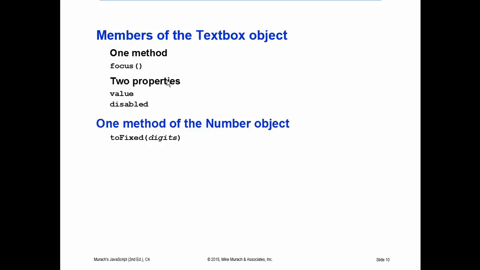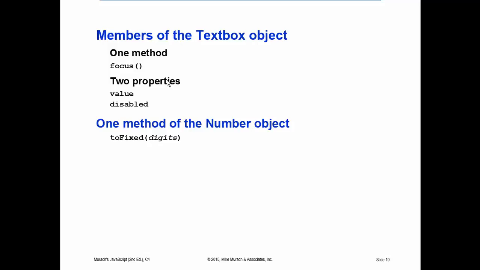There's a couple properties that are here. One is value, and that's the string, or the contents of the text box. There's disabled. And if you disable a text box, then you can't write in it. All right. They also mention toFixed here, and I've actually shown you that before, where I was working with an average and I wanted it to 2 decimal places, I used the toFixed method. So when you use getElementById to get a text box, the method returns a text